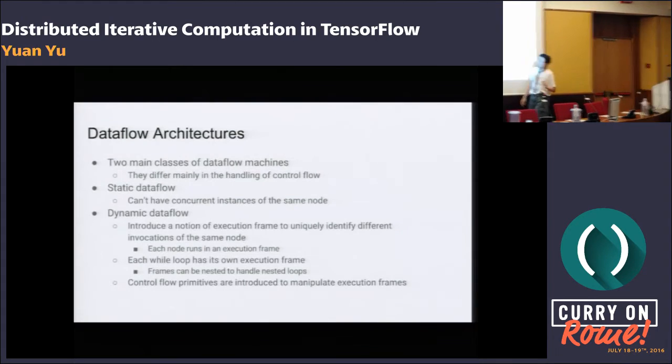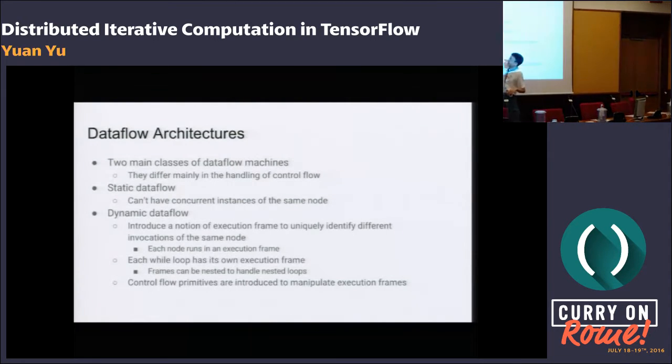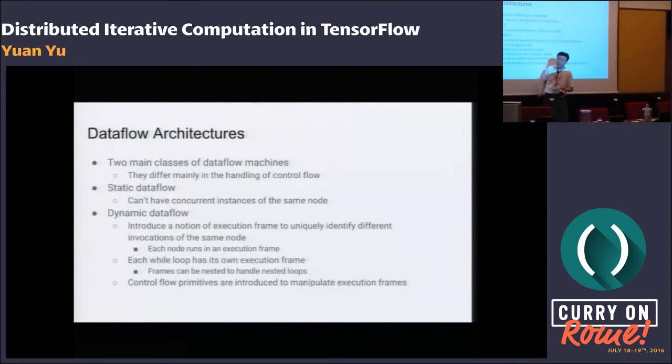There are basically two kinds: the static data flow machine and the dynamic data flow machine. There are some limitations of the static data flow machine, so we actually adopt the dynamic data flow machine to give us the maximum possible potential parallelism.